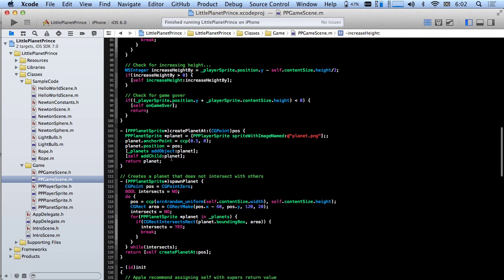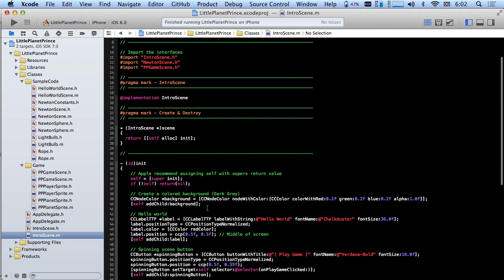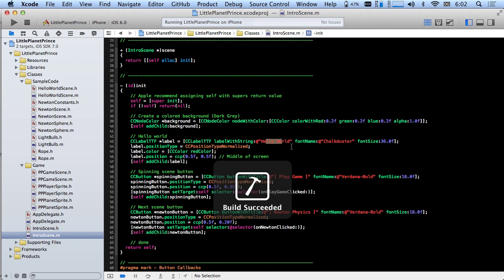So the first thing I did was set up my scene. I left the intro scene in place, which is the one that has this menu. Go ahead and run the simulator at the same time so you can kind of correlate the code to the